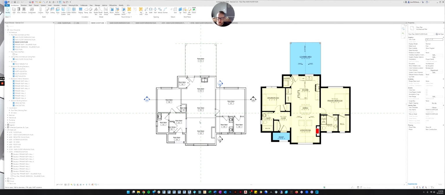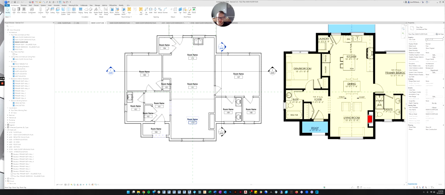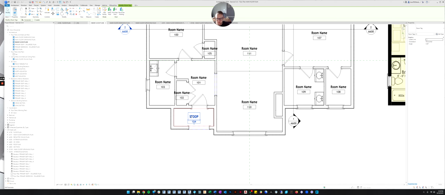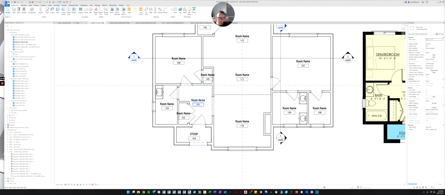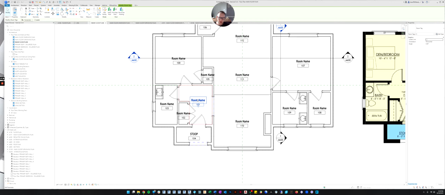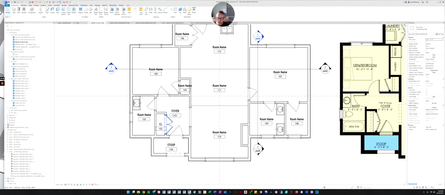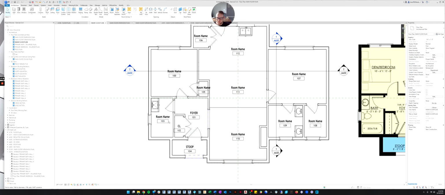Okay, so now let's quickly name the rooms. Right now it just gave it a generic name. So I'm going to turn my caps lock back on, and I'm going to name these the same as our reference model. So stoop. Oh, sorry, and I should probably say, when you click the tag, it highlights the tag, and then if you click again at the room name, it allows you to edit the room name. So we'll name that the foyer. This is a closet. I usually just do CL to abbreviate because closets aren't really big, so it's hard to fit a whole name in there.